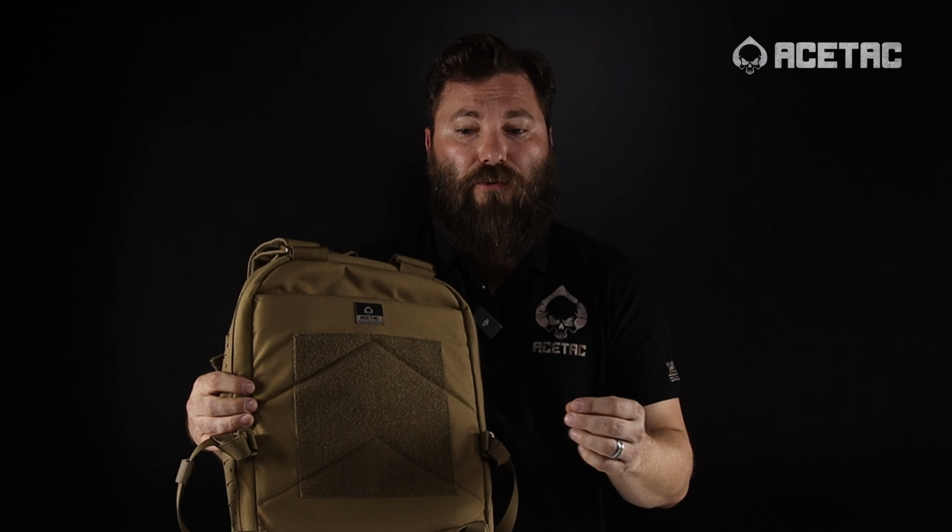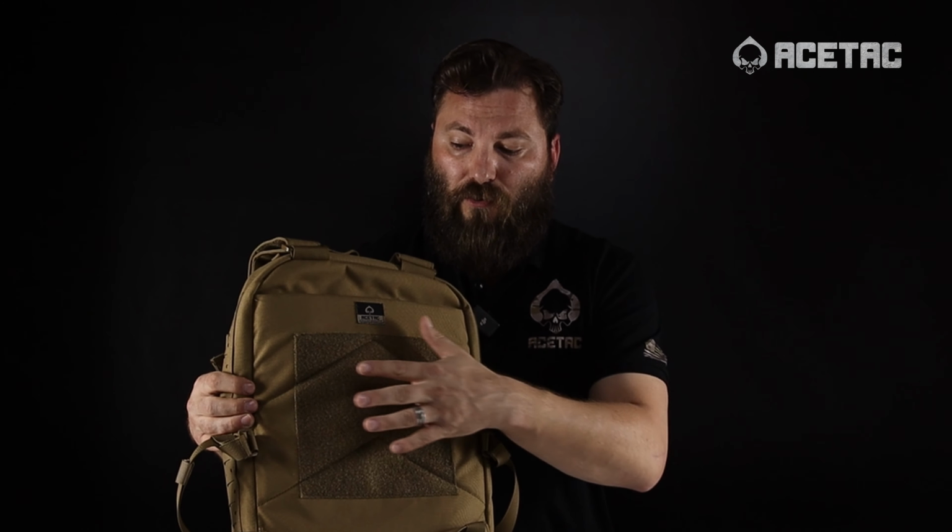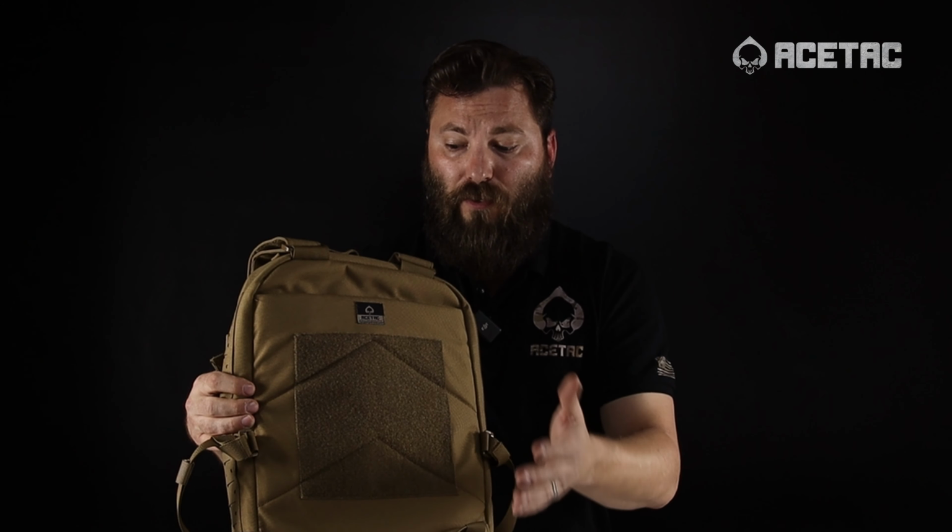So another great feature about the Paragon Assault Pack from AceTac here is when you buy our LPPC V2 plate carrier, it's got moly webbing on the back. So if you integrate the piece that we're going to sell on our website, in the event that you want to run the backpack with a plate carrier, you can go ahead and attach that to your LPPC V2. Then you can go ahead and just put this backpack on, and it's going to grab that Velcro on its own